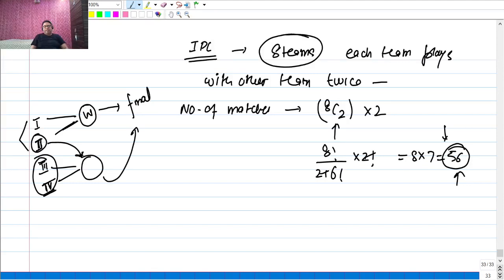Clear? And think of football leagues. A football league would go for 1 full year, if you are a football fan, and the reason is that there are so many teams. In a league there may be 10 to 12, sometimes 16 teams also, in premium leagues. So think of 16C2, and then there is a home game and an away game, so into 2.